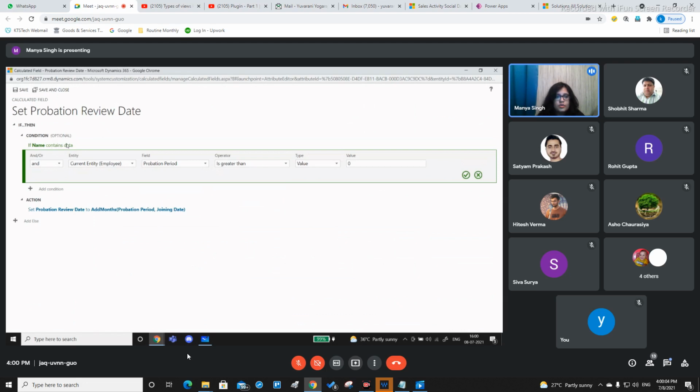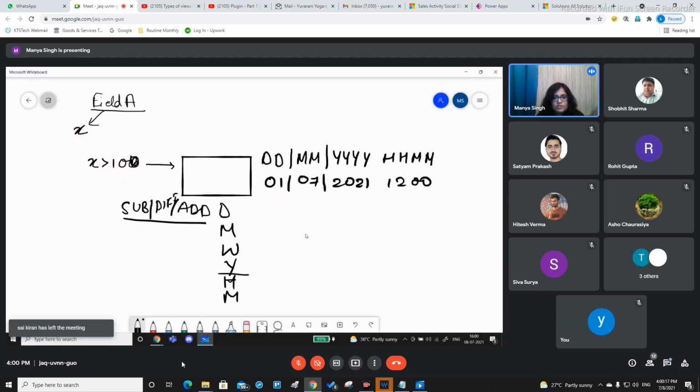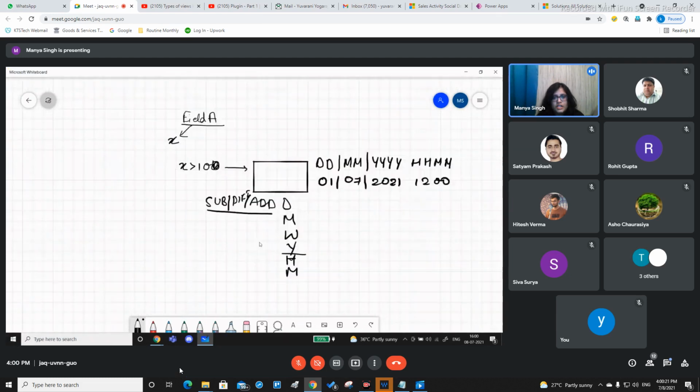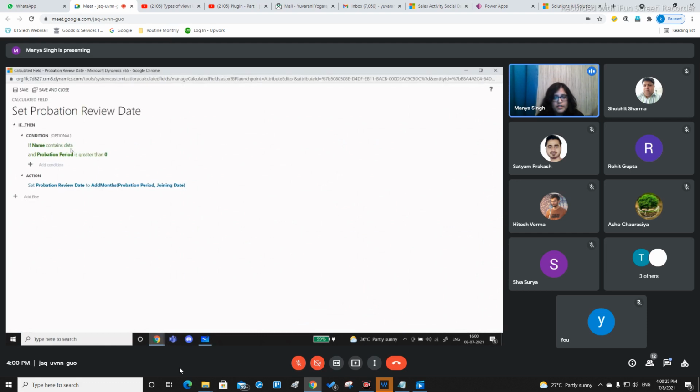This relation is going to be a choice between and, or. Right now I've chosen and. What happens when you choose and for a particular condition is that it is mandatory for both of these conditions to be fulfilled for the action to take place.